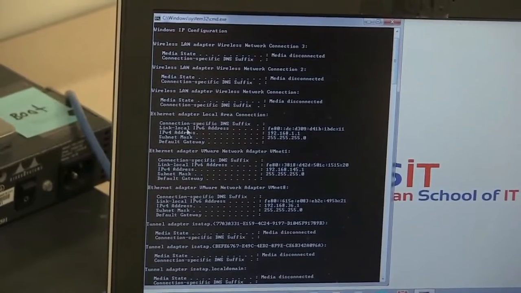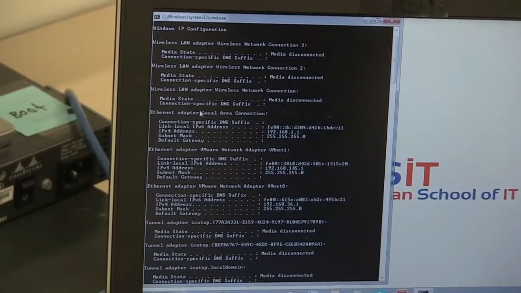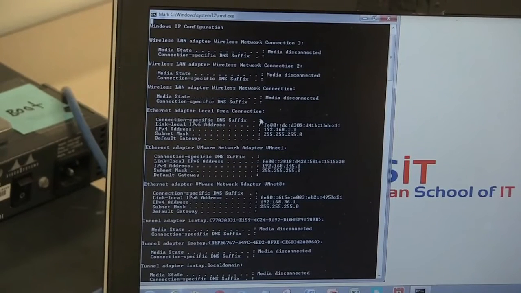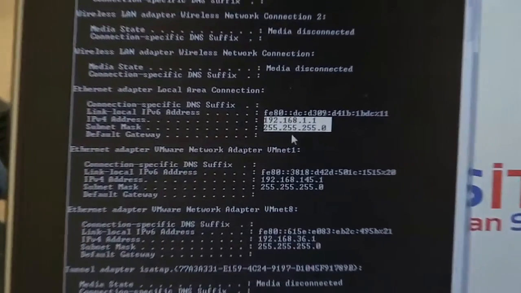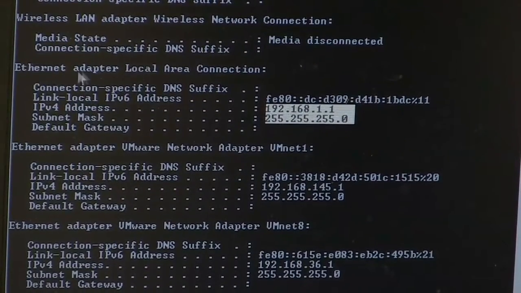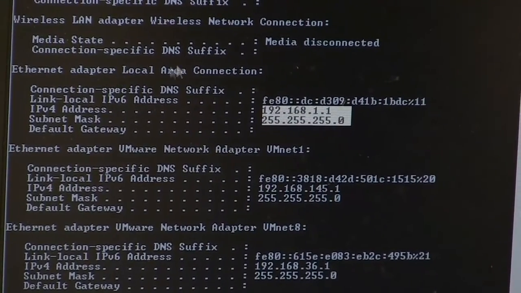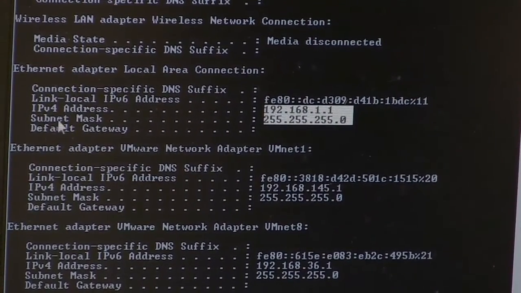This is the IP address we have. This is Ethernet adapter. If you look here, you will see this is what we gave. The one I just highlighted, that's what we gave. This is Ethernet adapter. That's this port right here. Local area connection. The IP address is